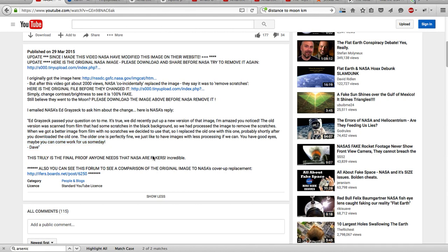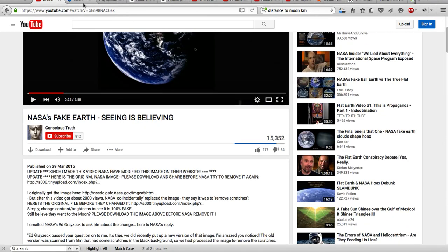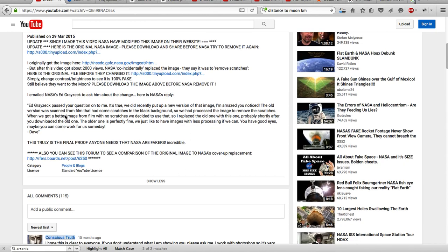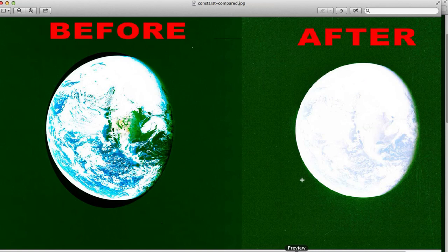I don't think so. So there you go. 100% proof that NASA make fake images of the Earth. And for anyone who's going to say, oh well, that's a perfectly valid reason, that's not a perfectly valid reason, because he's saying here that they got a new image from the film. When we got a better image from film, so he's saying they went back to the original film and they rescanned it. I'm sorry, but